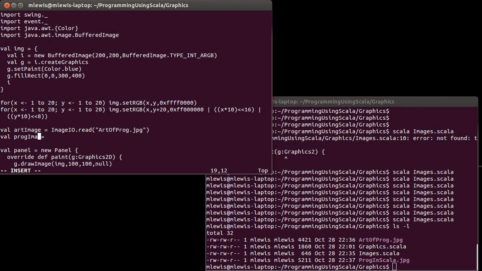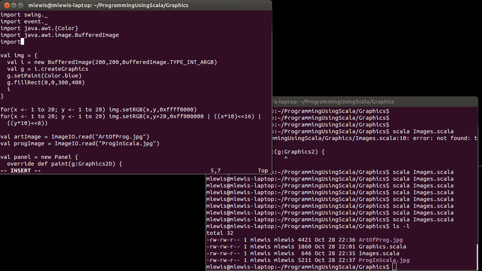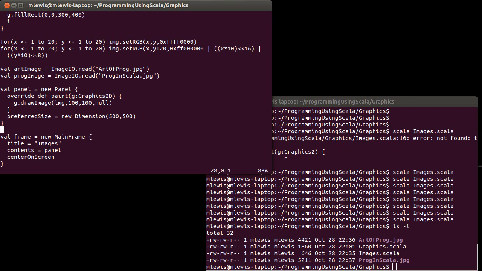I should at least be consistent in how I name those. ProgInScala.jpg. I'm going to have to import up here, import javax.imageio.ImageIO, and then we'll come down here inside of our paint, and I just want to draw those two images